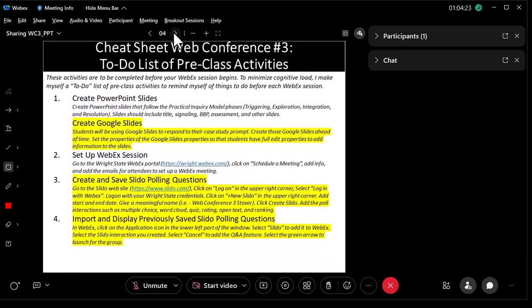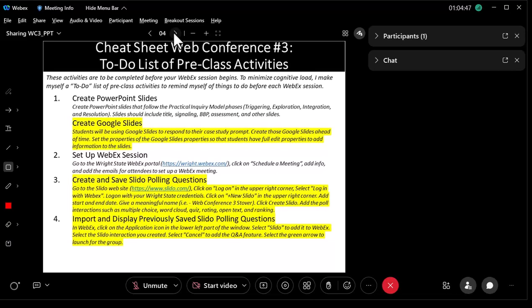I always make myself a cheat sheet of all the things I need to do ahead of the presentation as I'm creating my PowerPoints, because you get rushed and it just prompts you to remember to do it. And then I usually log in about a half an hour ahead of time, get everything set up. That usually takes me about 15 minutes. And then you can relax for 15 minutes.